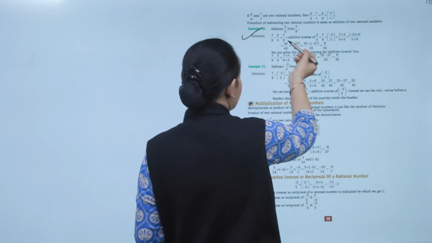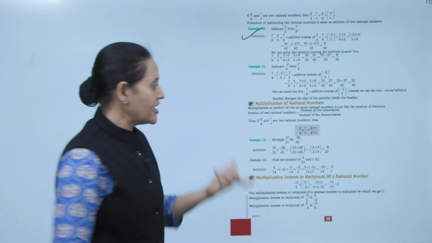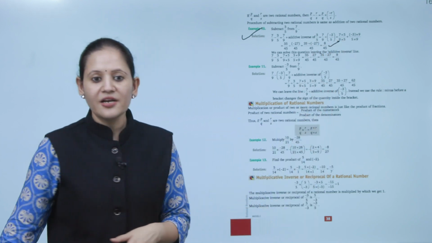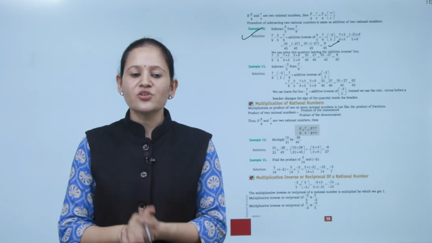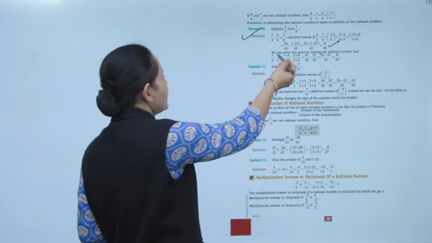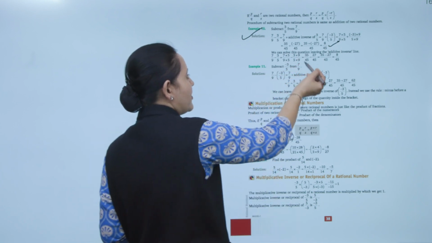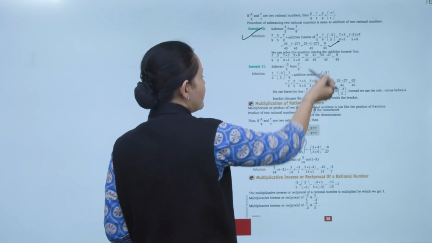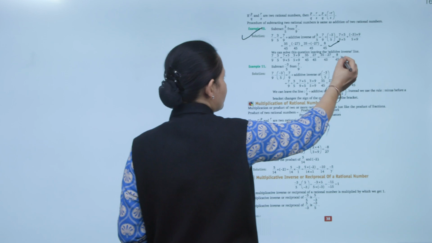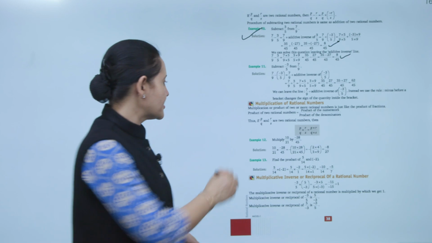So that is equal to 35 upon 45 plus minus 27 upon 45. Now simply add the numerators and write the common denominator. So that is equal to 8 upon 45. Clear? We can also solve this question leaving the additive inverse line. Like 7 by 9 minus 3 by 5. So simply हमने क्या किया है, the denominator को same किया है, 35 upon 45 minus 27 upon 45. Subtract कर देंगे, that is equal to 8 upon 45. Clear? Next is multiplication of rational numbers.